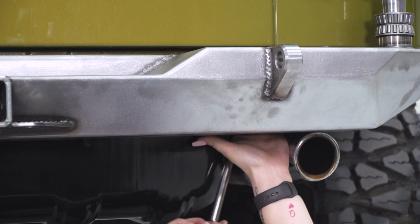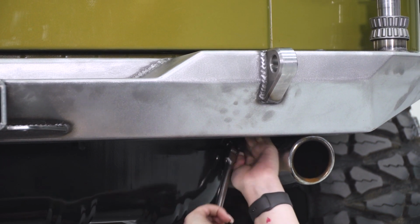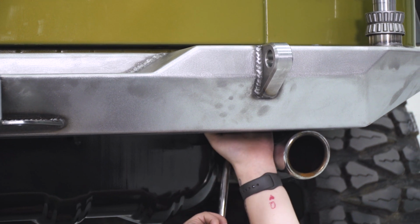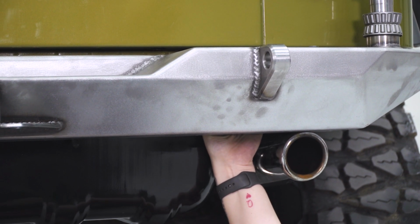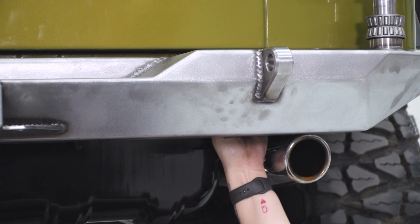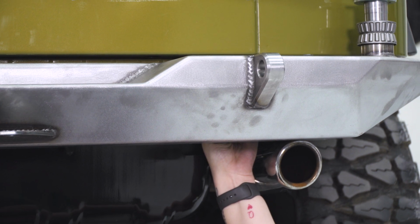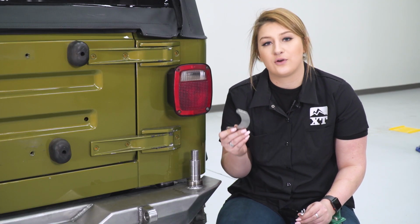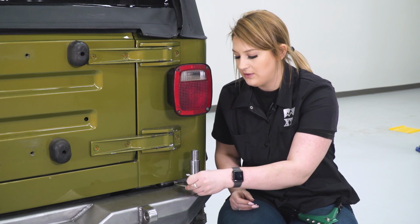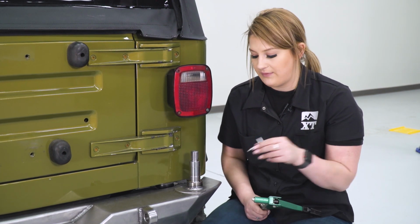Now we can tighten up our inner bolts. After the bumper is on, we can attach our crescent plate around the spindle, and we can insert our rivets. So you're going to need a rivet gun,